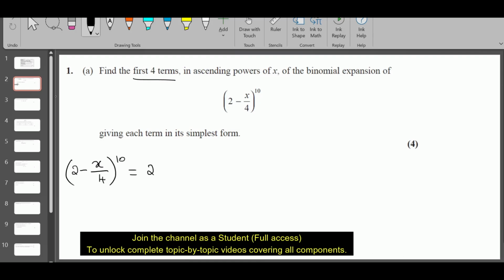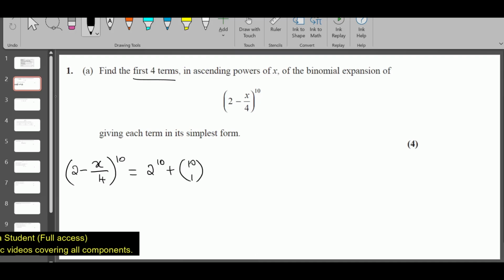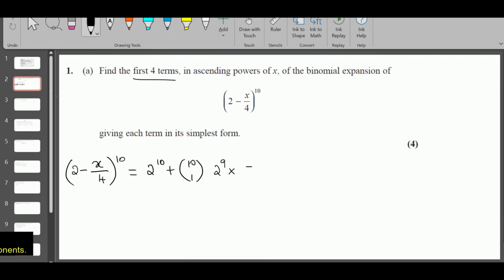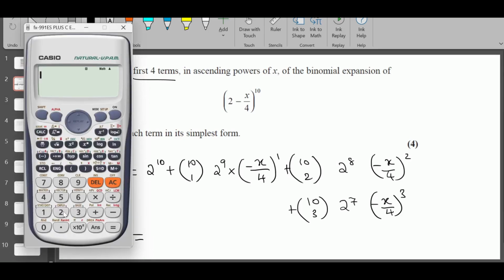The binomial expansion is 2 power 10 plus 10C1 times 2 to the power 10 minus 1 times the second term. When you take the second term, take it with the negative sign. Plus 10C2 times 2 power 10 minus 2 and the second term power 2. Plus 10C3 times 2 power 10 minus 3 times the second term to the power 3. Now expand it and simplify. 2 to the power 10 is